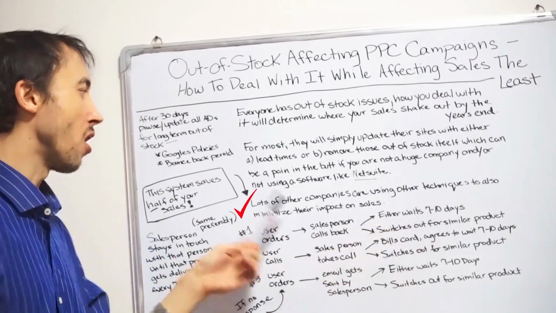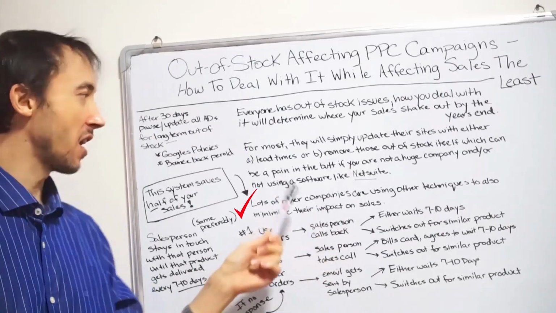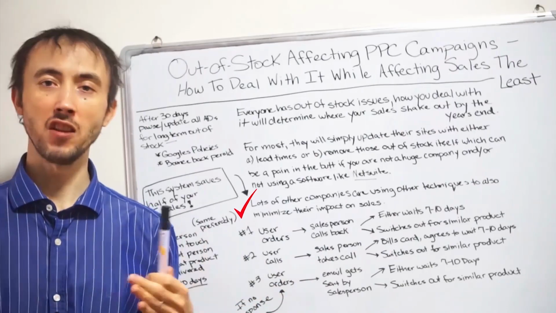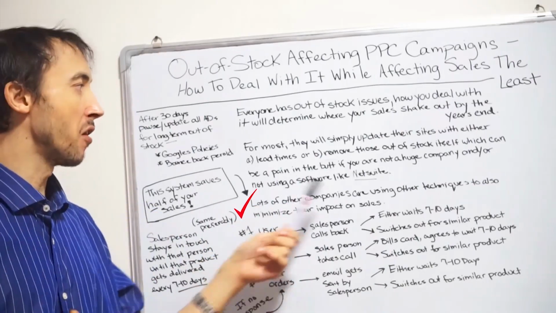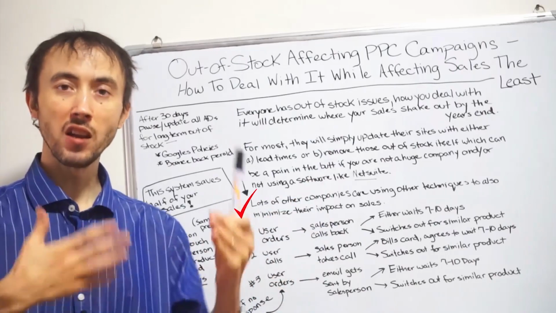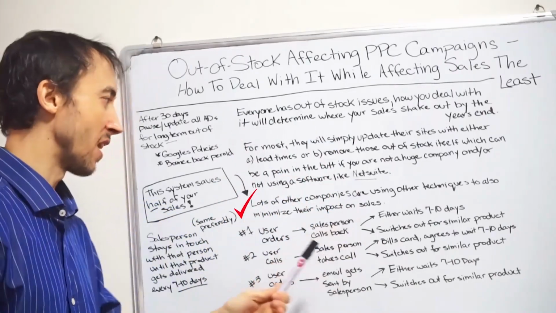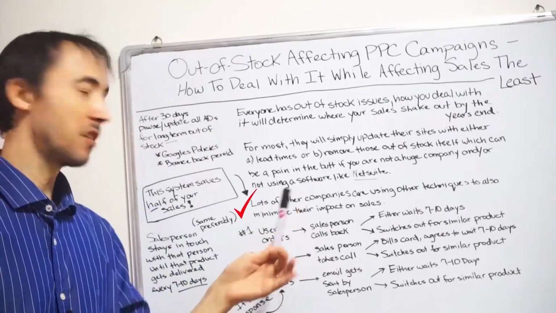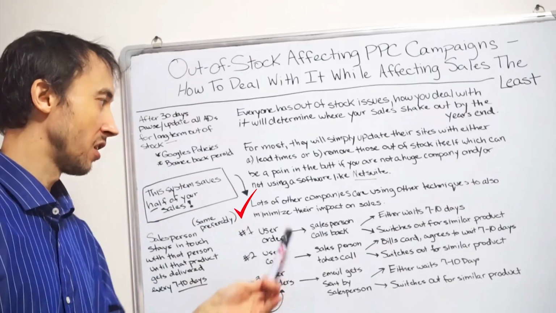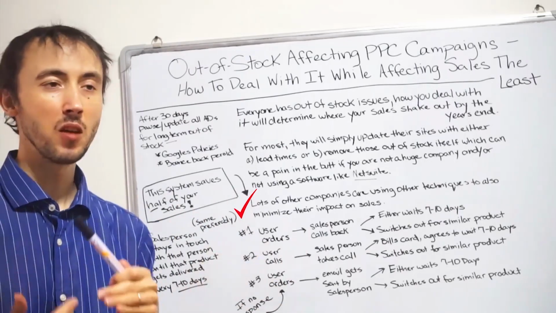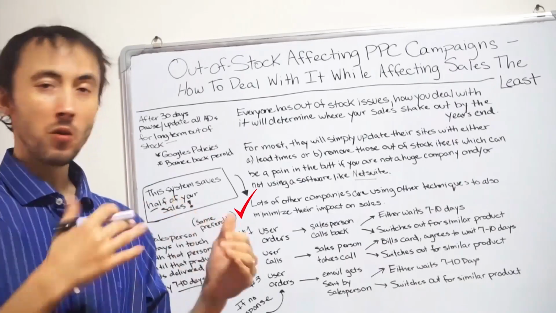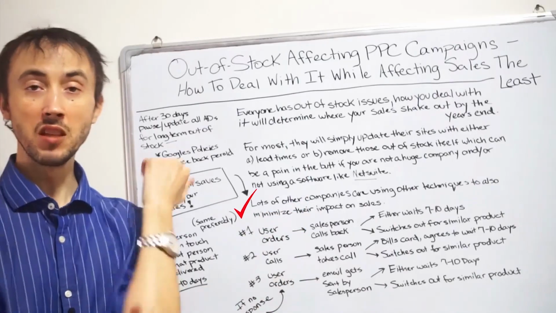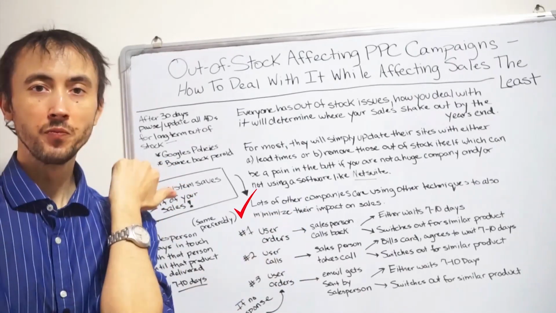Lots of other companies are using other techniques to also minimize their impact on their sales, in addition to having their process for managing out of stock, which is the lead times on their site, or trying to set a system up to remove it from the site. But there's also another thing that they're doing. Sometimes they do that with one of these, sometimes they just only do this. If you're taking the approach of, I would rather focus on not having my sales go down than do these other two things, this is the strategy for you.